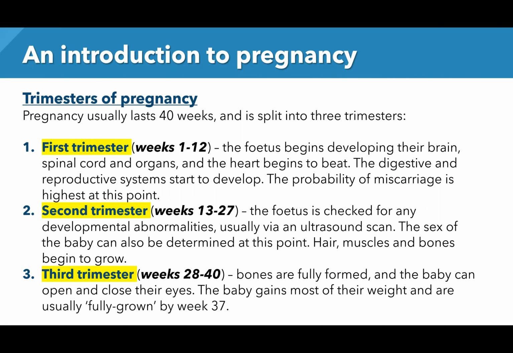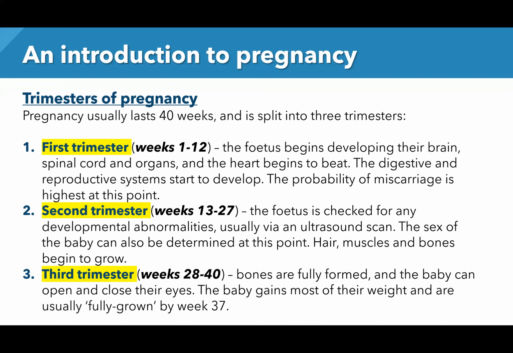The second trimester occurs during weeks 13 to 27, and this is where the fetus is checked for any developmental abnormalities, usually via an ultrasound scan. And the sex of the baby can also be determined at this point. Hair, muscles, and bones also begin to grow. So this is the stage where most of the development occurs in the fetus and most of the major organs